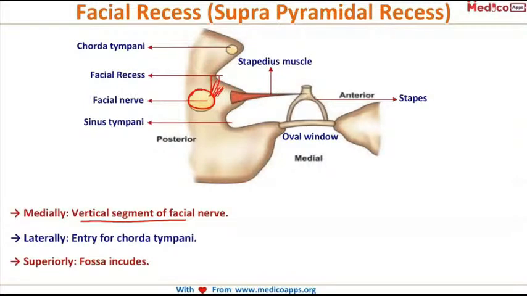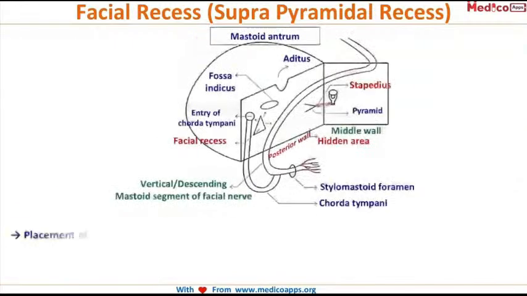The vertical part of this facial nerve forms the medial part of the facial recess. Laterally, it is formed by the entry of the chorda tympani. See, this is the entry of the chorda tympani nerve, and superiorly, it is formed by the fossa incudis. Facial recess is also known as suprapyramidal recess, and it is an important part for the placement of cochlear